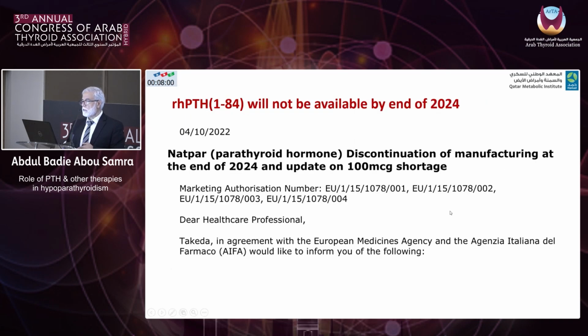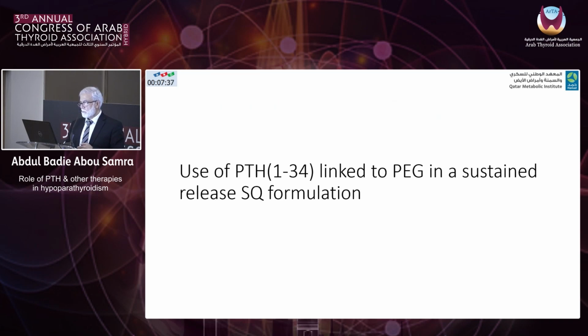Again here, although it seemed like the recombinant parathyroid hormone could be better than the previous one, this medication is about to be discontinued by the end of this year, and the company could not keep making it because there is not enough market and not enough profit. So it's going to be ending this year. There is a new drug coming in the pipeline, not yet FDA approved. The previous two medications were FDA approved, but this one is coming.